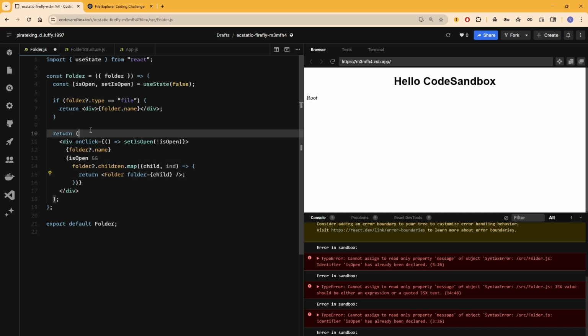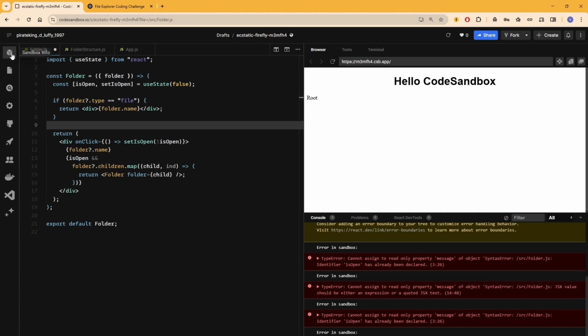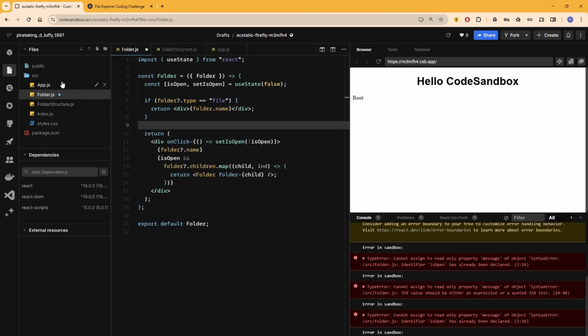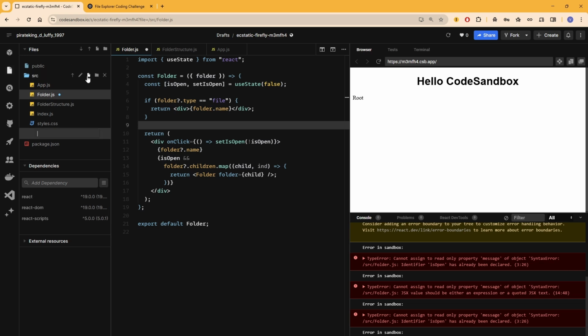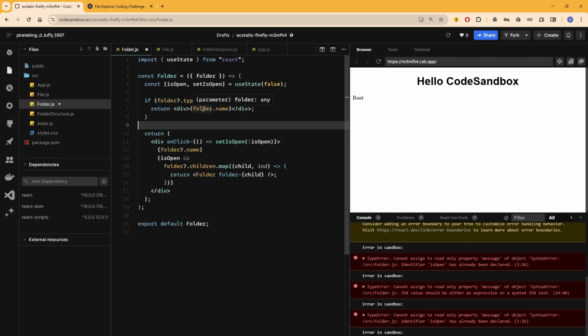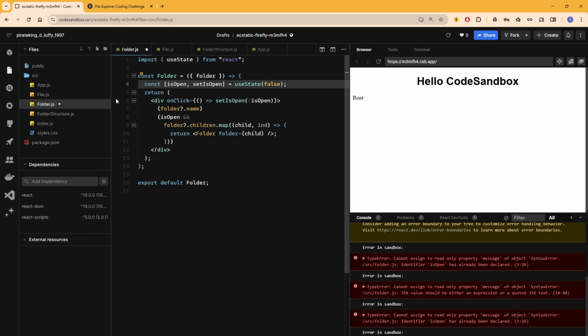So, what I can think of is, we can have a file component maybe. Basically, if we segregate the folder and the file components, then it should be easier for us to manage these states, right? Basically, the is open is only valid for a folder component, right? So if I remove this part, okay, yeah,